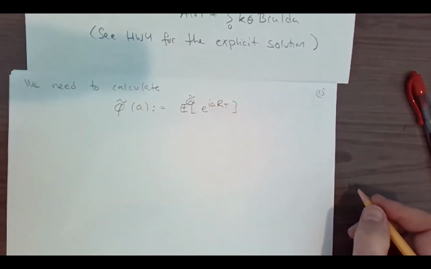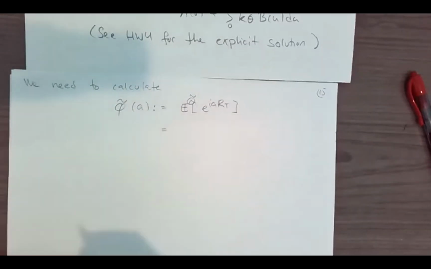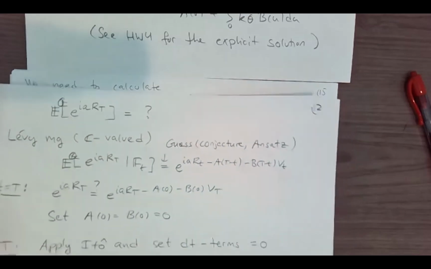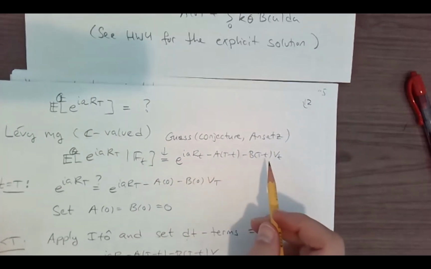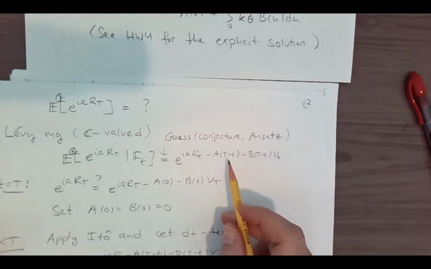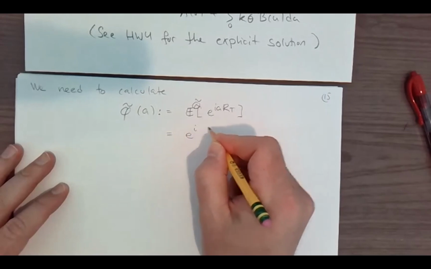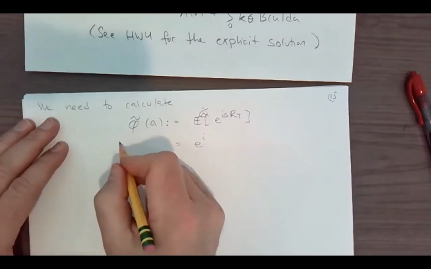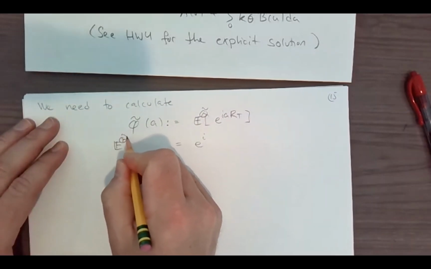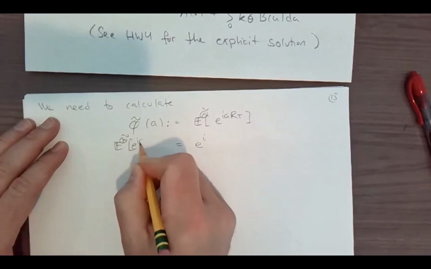Right. So what we will do now is we will make a similar guess. We will guess a similar form for what we had before. We'll have A and B. They're going to be replaced by A tilde and B tilde. This here is going to be exponential of i. Right, so we calculate the conditional expectation as before,